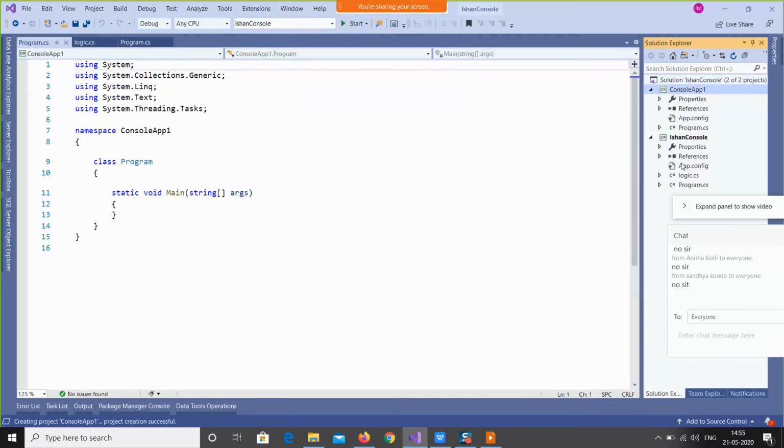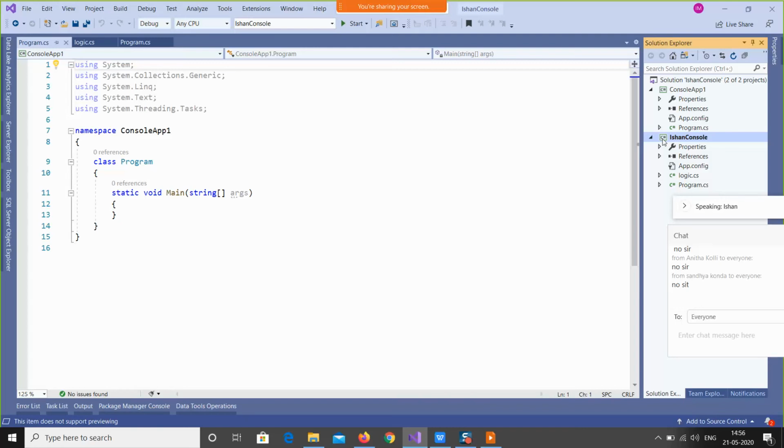Now in my solution I have two different projects. One is console app 1 and another one is Ishan console, where we are working. So if I use the internal specifier, then I can use it only up to Ishan console. I cannot take it outside of the project. Public only allows me to take it outside.